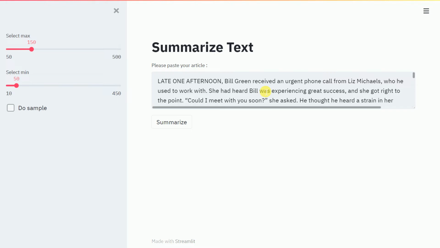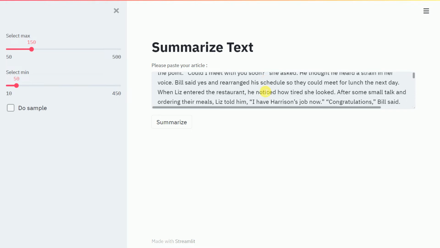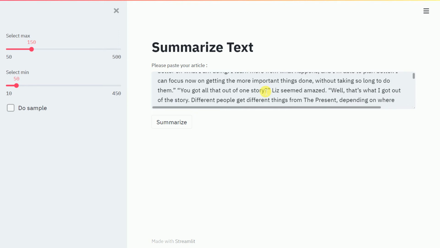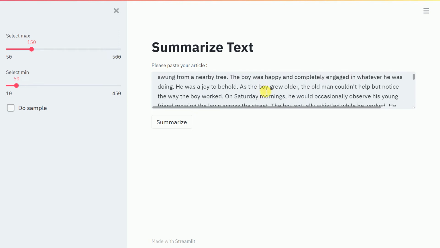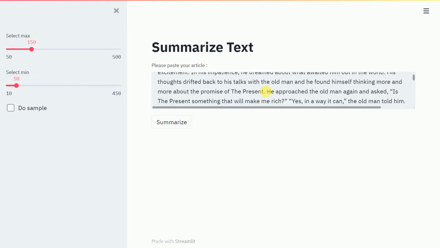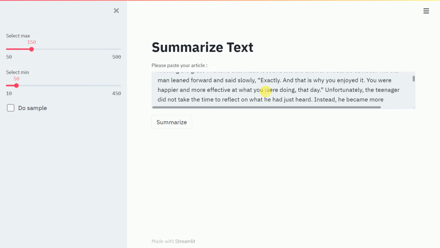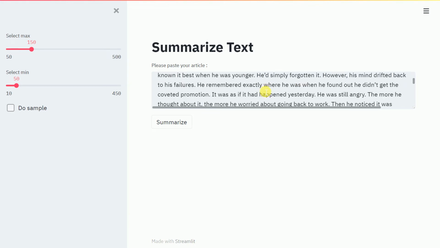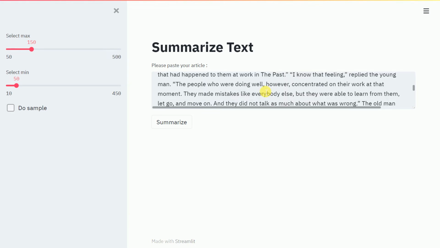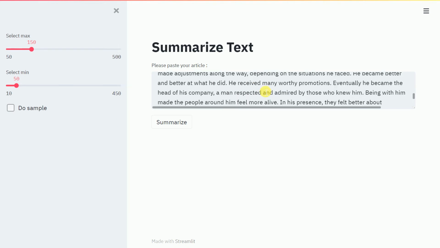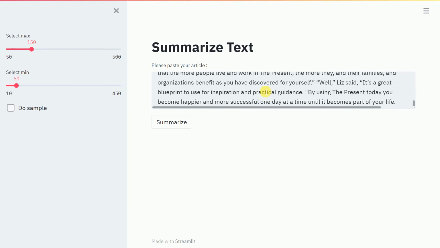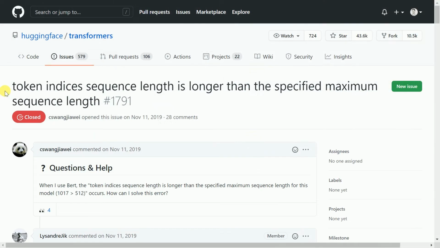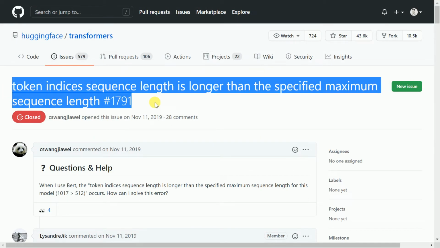But before I press summarize, there is one thing that I wanted to share with all of you. If you use the text summarization pipeline by Hugging Face as is, then it does a great job for small text. That is, if you have small blogs, it will do a great job for such use cases. However, if you have sentences that are really long in your text, then essentially it will fail.